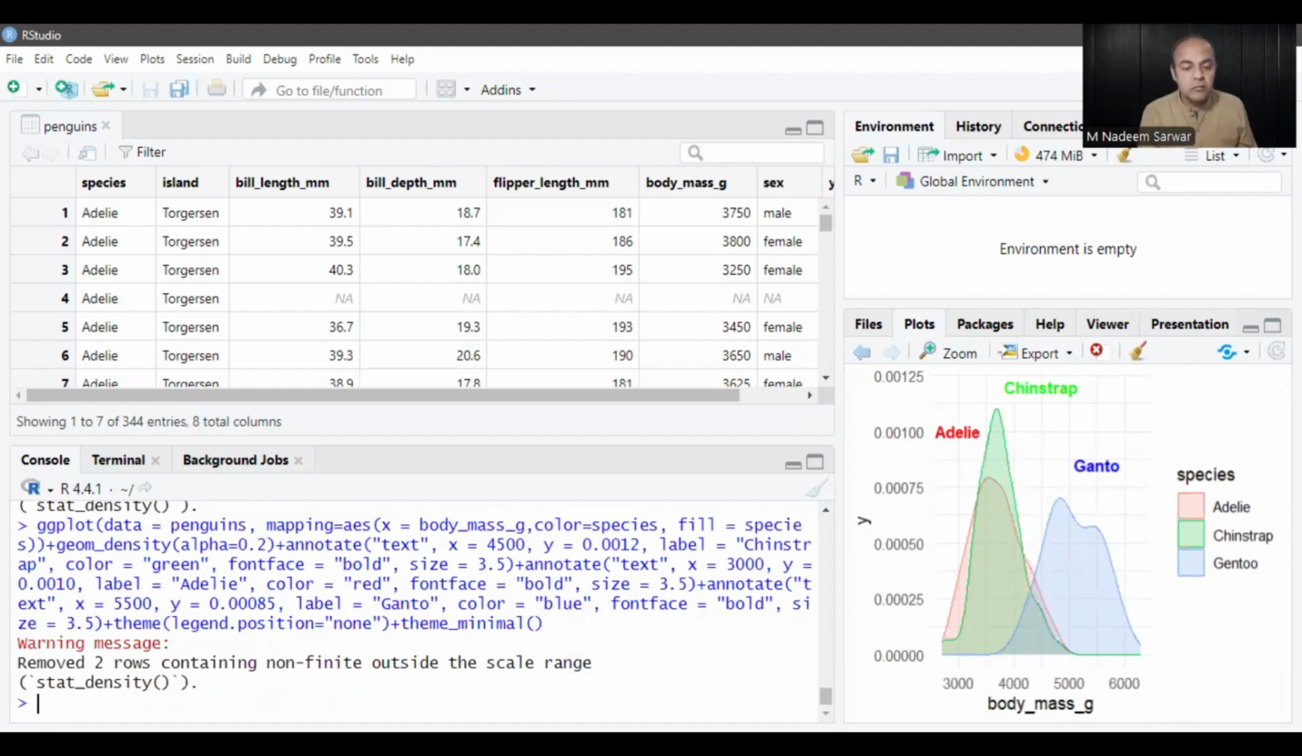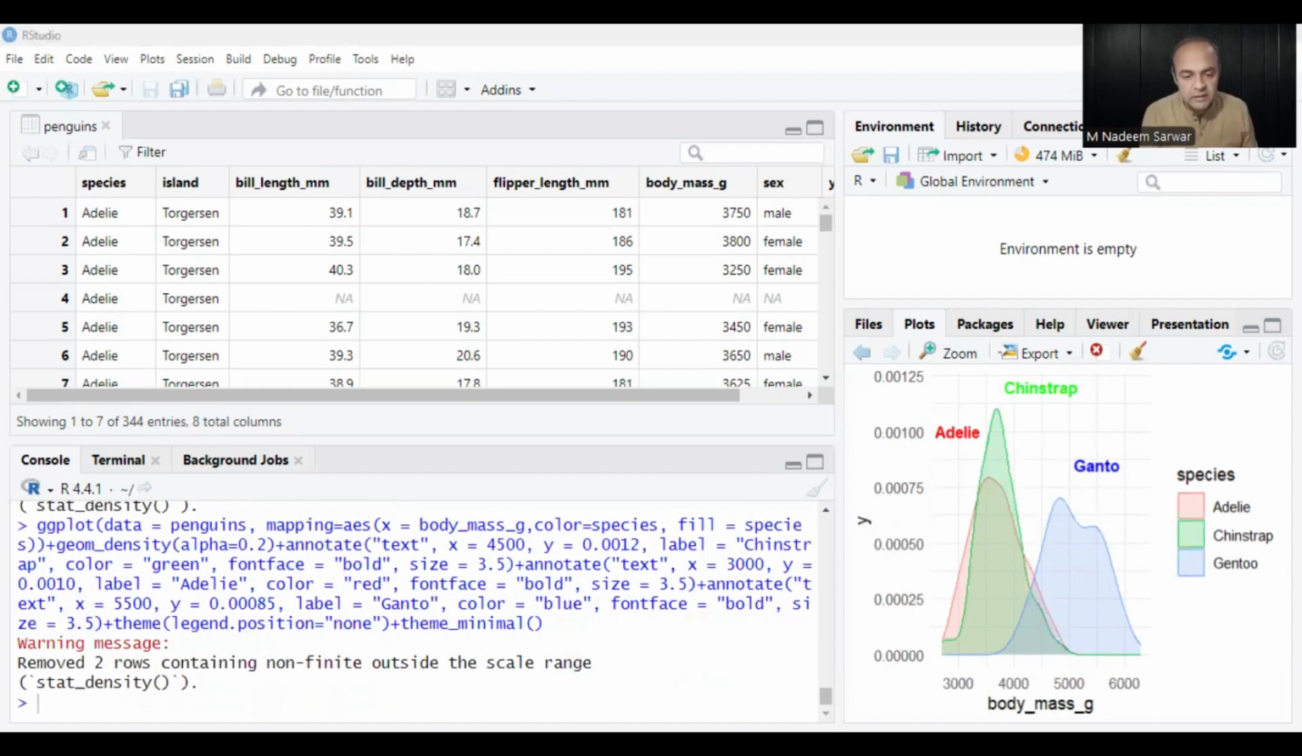Yes, it has removed many of those colors or lines, but it should also remove the legends. Legends should not be appearing over here. We can